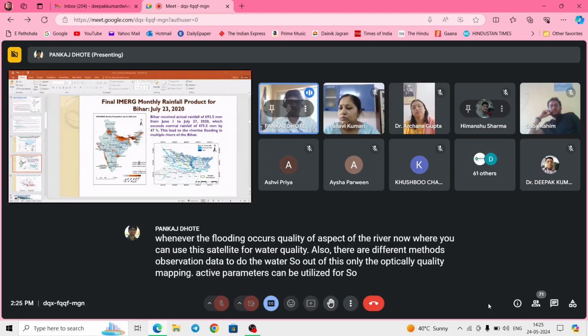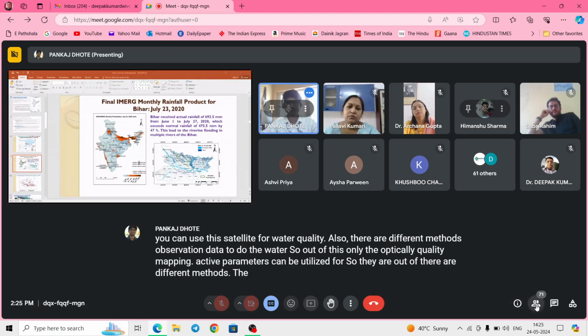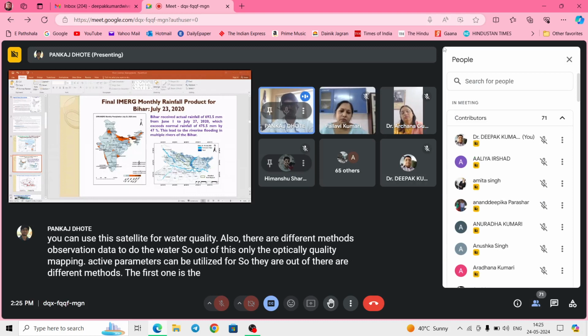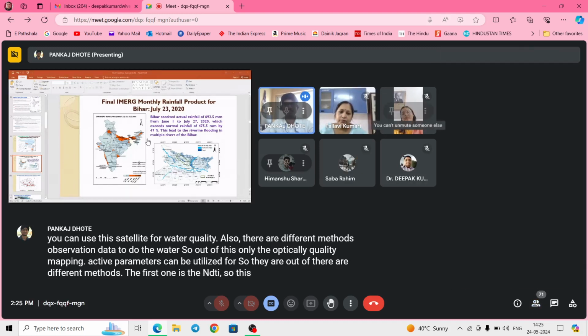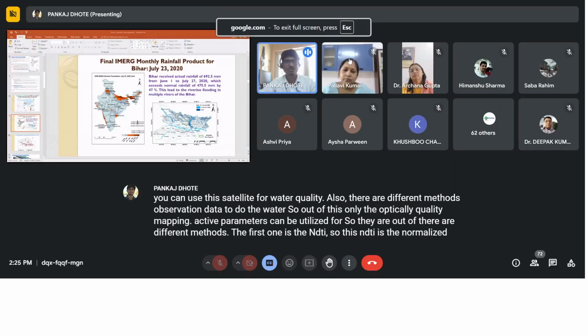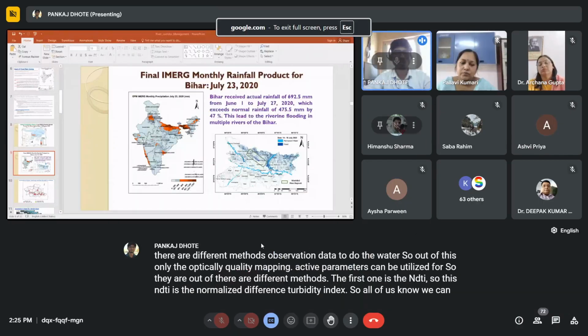So there are different methods. The first one is the NDTI, the normalized difference turbidity index. All of us know that by just seeing the water, we can identify